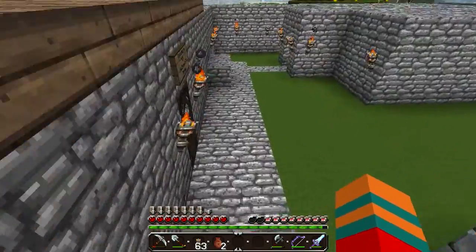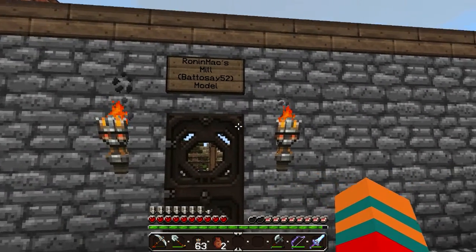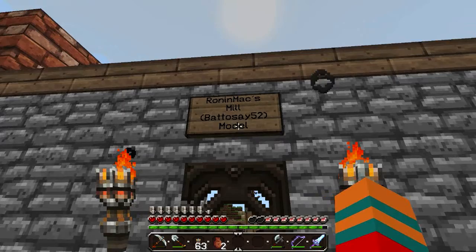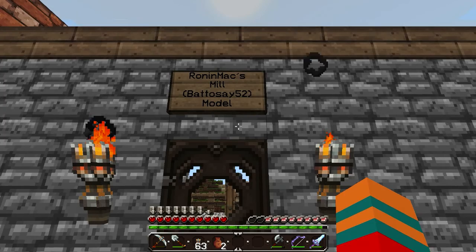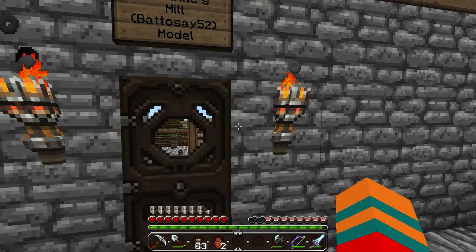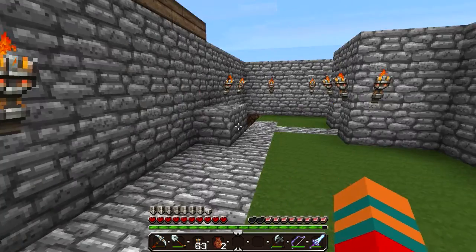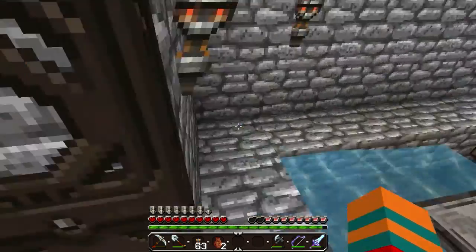So this one killed me because 99 times out of 100 I like to figure stuff out for myself. I was having a nightmare getting this automated mill running. I actually had to watch this fellow's videos. It's Say 52. He does a lot of really good Better Than Wolves mod videos, and I had to break down. He does some live gameplay stuff. He does instructional, like how to build stuff videos, which is what I ended up watching to figure out how to make this mill run so that I didn't have to